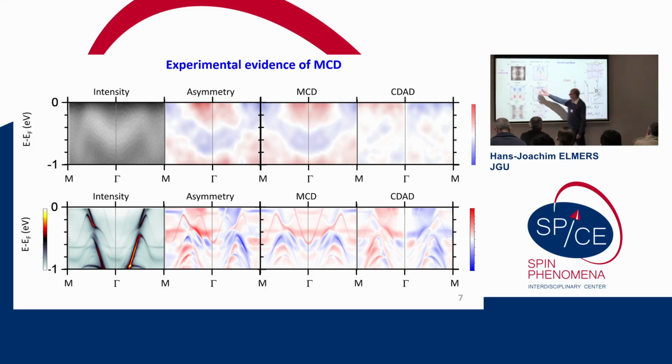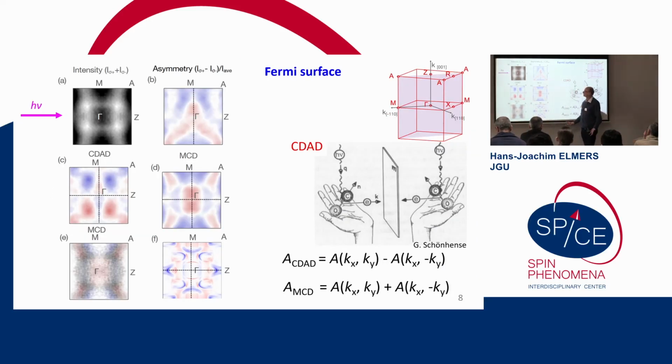So how does that come about? We can also measure, of course, the intensity distribution at the Fermi surface here. This was a gamma M direction, which I showed you before in the dispersion mode. This is now a constant energy map. So you see here the cut through the Fermi surface, if you want, in this gamma M A plane. And we also experimentally measure this asymmetry at this Fermi surface. Before I showed you the gamma M line, and you see this blue, red, blue sequence here, which you saw before.